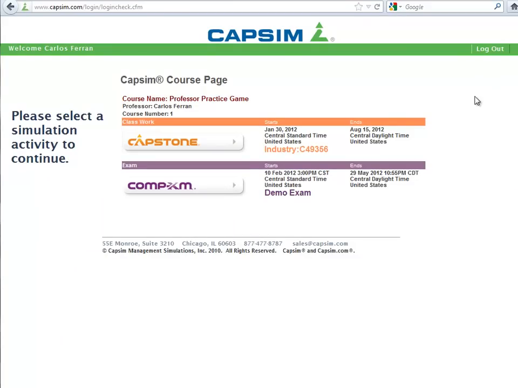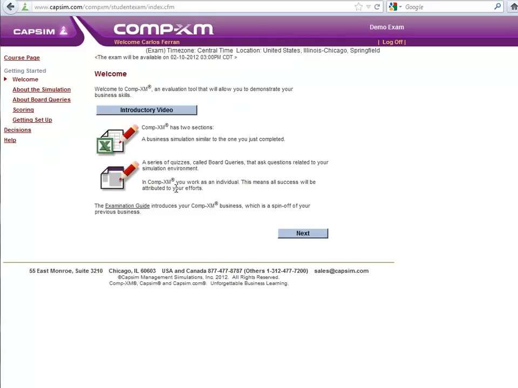And this is the screen that you'll get. Right now, you might only get the capstone simulation, which is what you've gotten since the start of the course. And it might appear right now, or maybe in a few days. As soon as you have the COMPXM exam, it will appear in here. So if we select COMPXM, which is what you should do when you're going to be doing the exam, it's